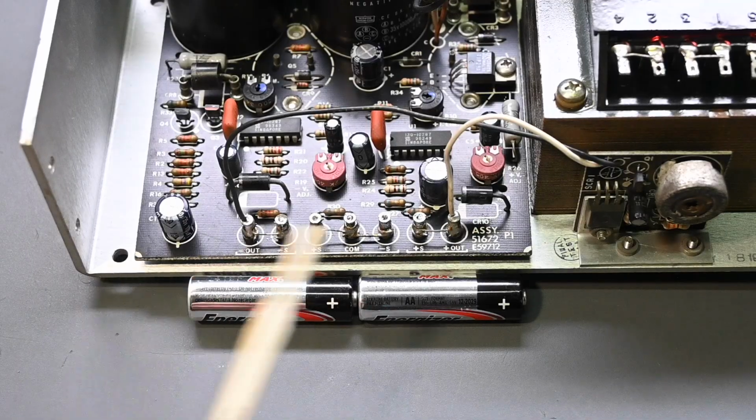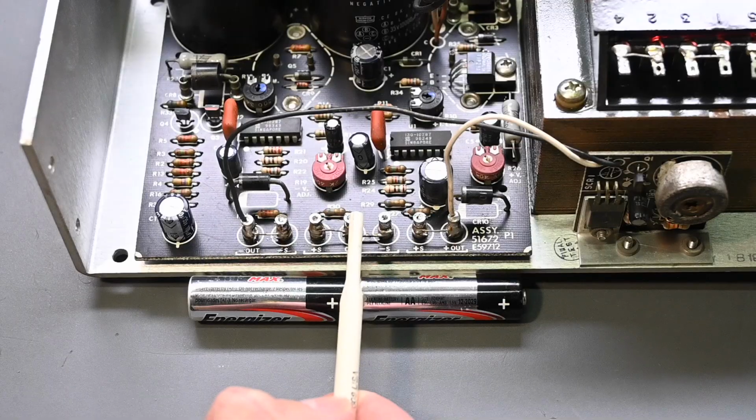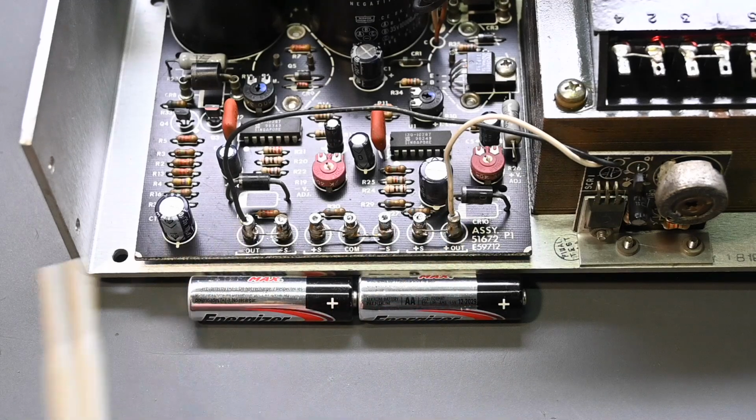So on the power supply, if this were, let's say, 1.5 volts from this positive output to the common, and then again 1.5 volts from common to the negative output, you would then have 3 volts from the positive out to the negative out. Well, the reason that's